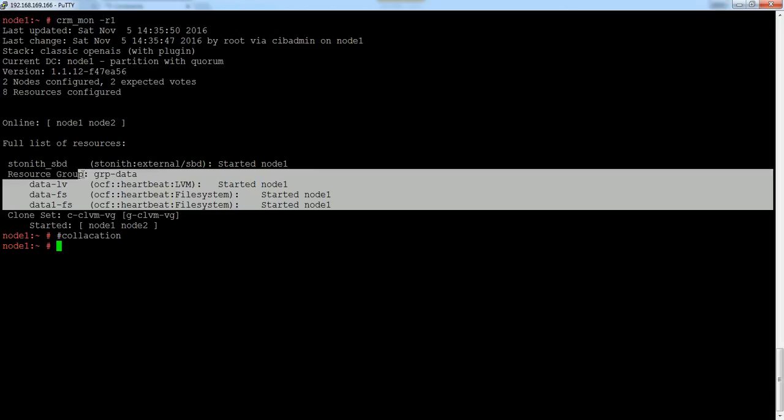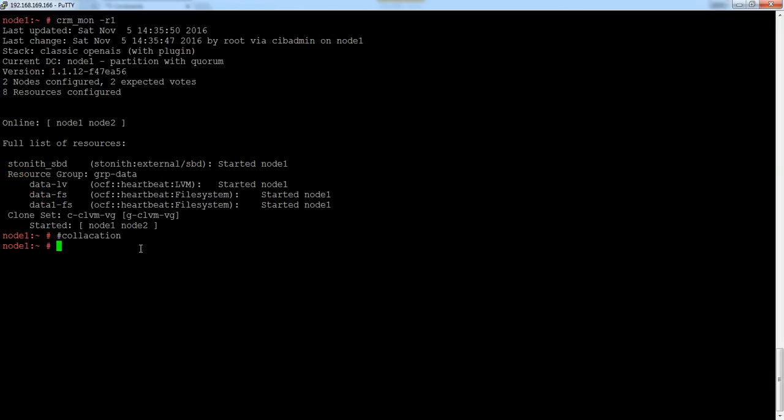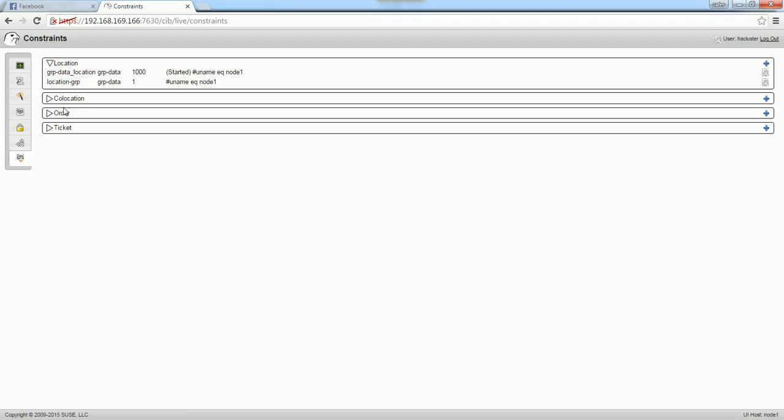So you want both of these to be moved at the same time because they have the relationship. So that is what the collocation is. So to create that, go to collocation,